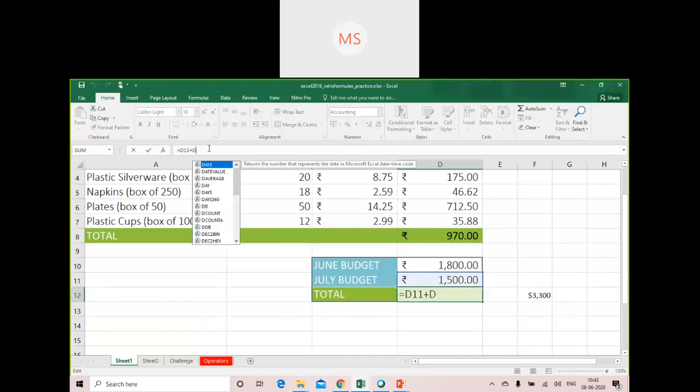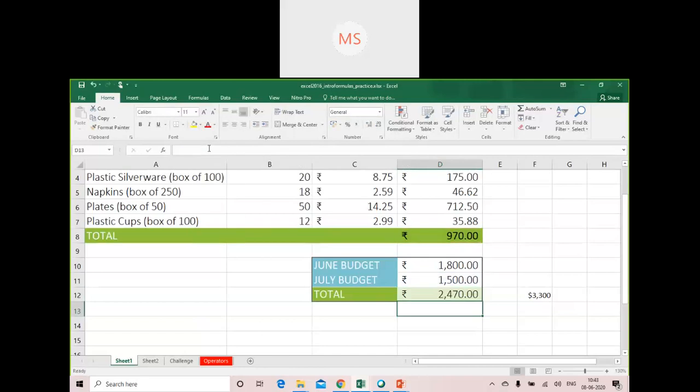Now suppose by mistake I write D8, just see what happens. It makes it 2470. Why? Because D8 has a value of 970. Is it okay to all of you? Now if I again change it to D10, it will change again.